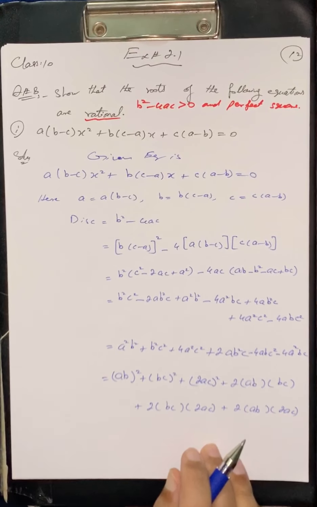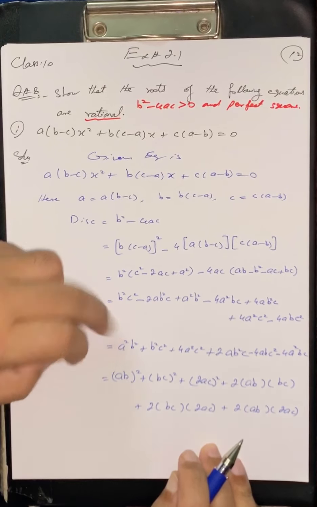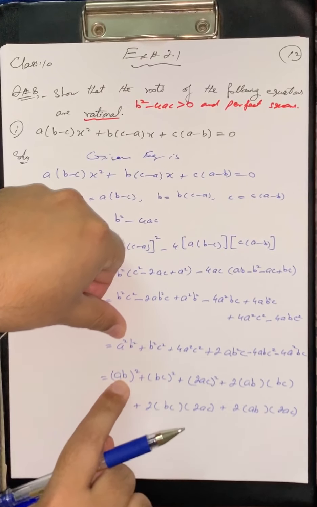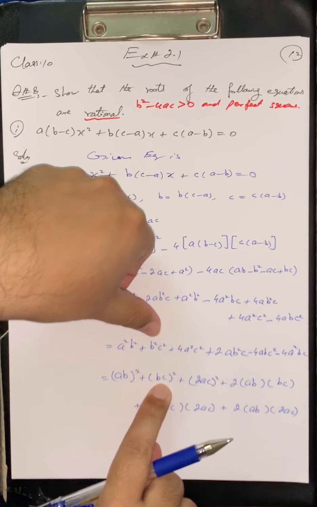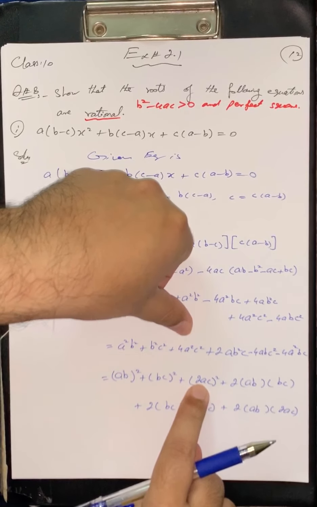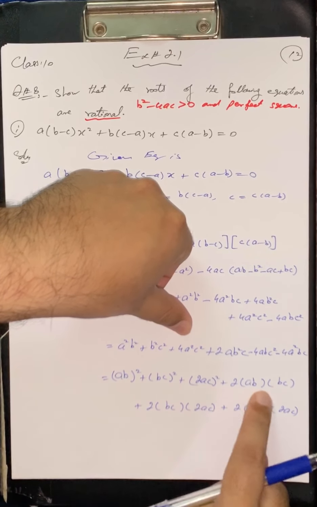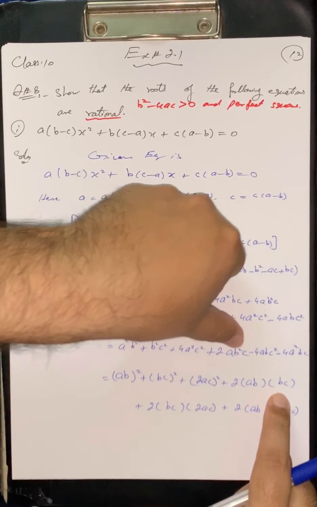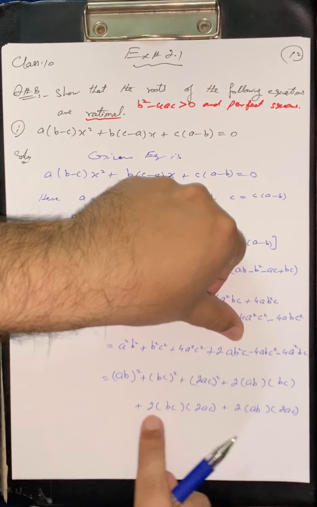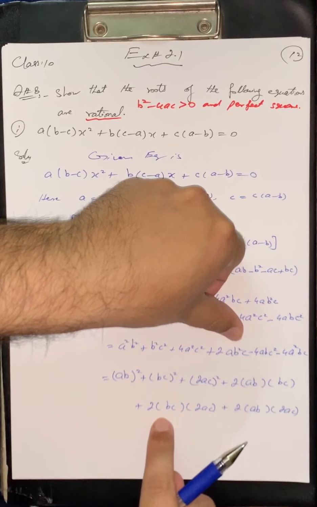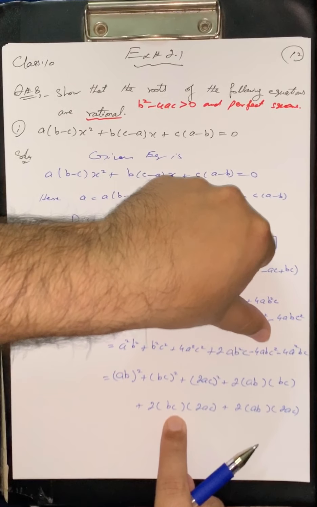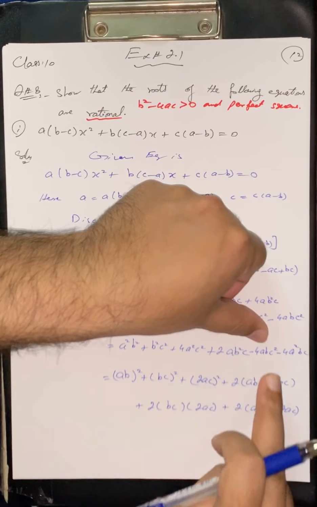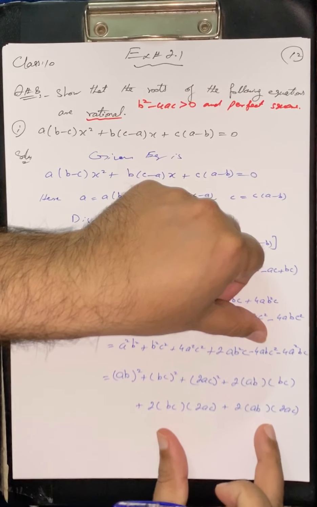Okay. Now we judge the values. It comes or not. When we open the square, a square, b square. When we open the square, b square, c square. When we open the square, 4a square c square. When we multiply them, it gives me 2a b square c. Done. When I multiply them, it gives me 4a b c square, but it is minus 4a b c square. Means minus in the last two. So in the last two we have the minus.